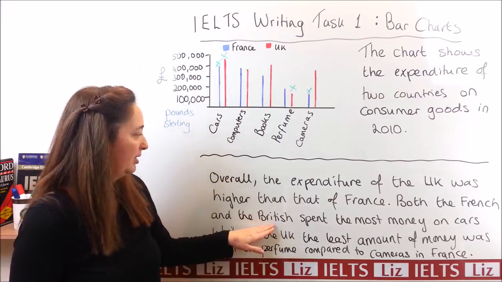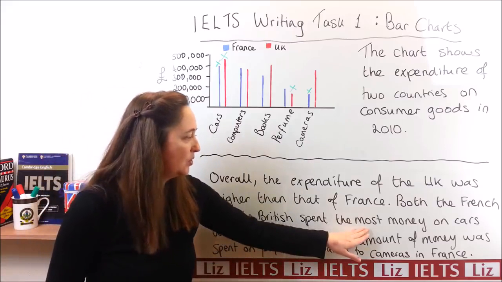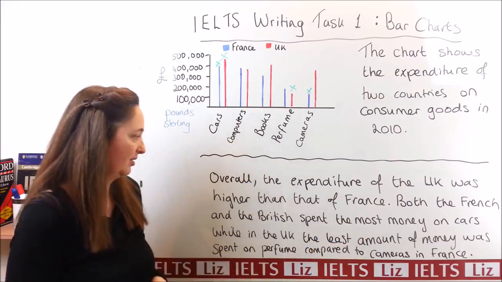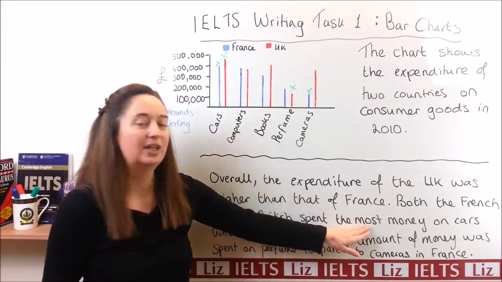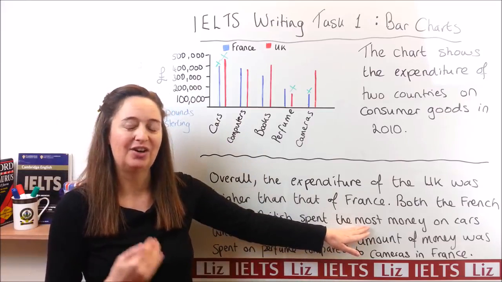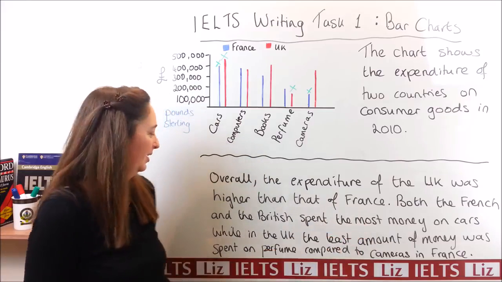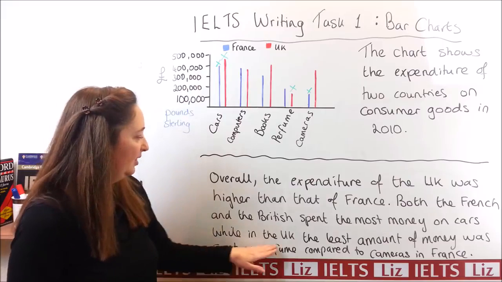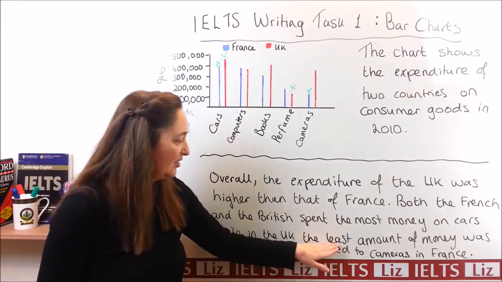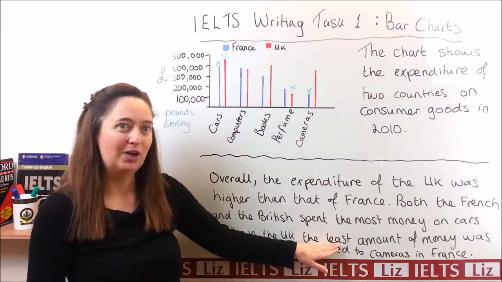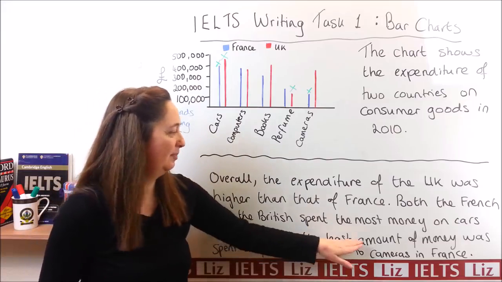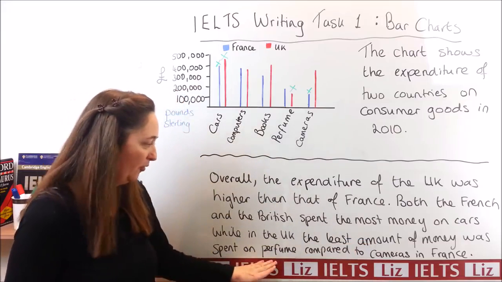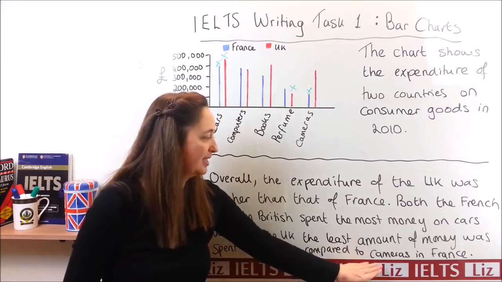Both the French and the British spent the most money on cars. And here we've got a superlative, so the highest, the most. While in the UK, the least, again this is a superlative, the least amount of money was spent on perfume compared to cameras in